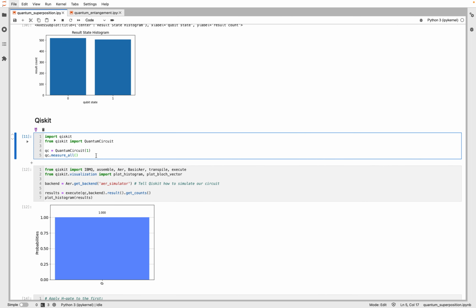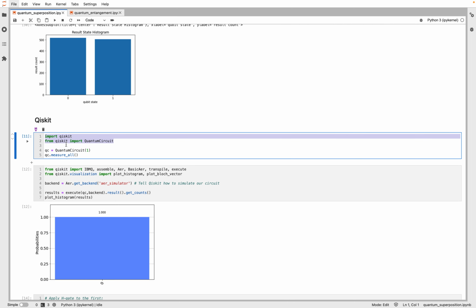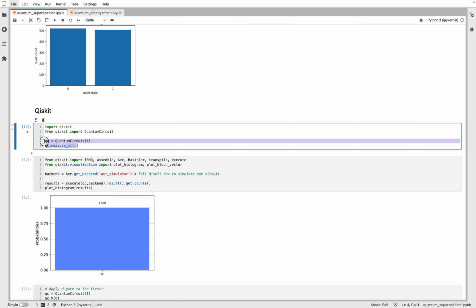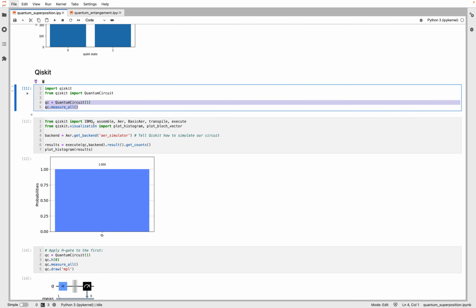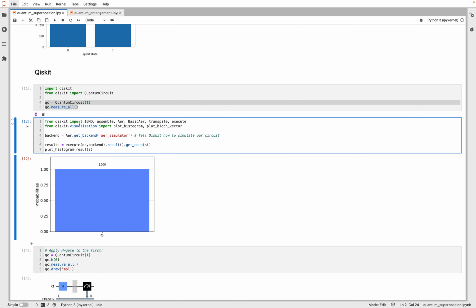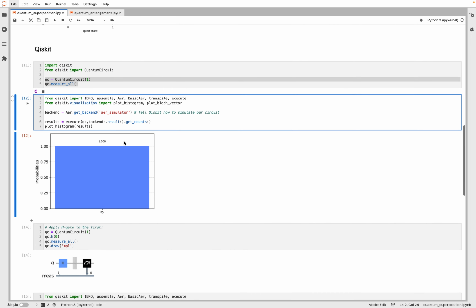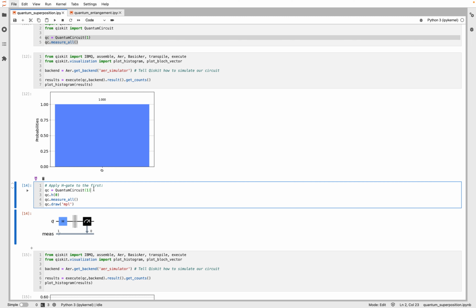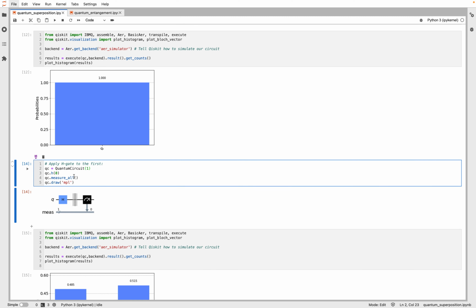We can also do the Hadamard gate using Qiskit. First, we'll import the Qiskit library and create a single qubit quantum circuit, and we can import the Qiskit Aer library to do the simulation. Before the Hadamard gate, we have a pure state. After, we can construct a Hadamard gate acting on the single qubit,